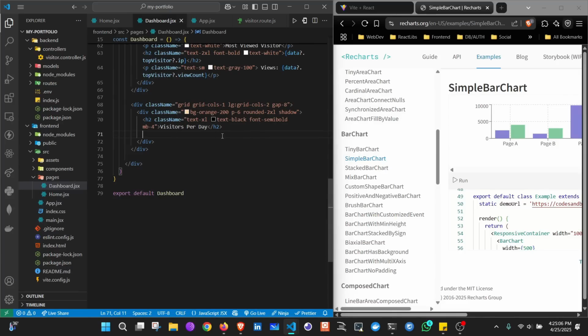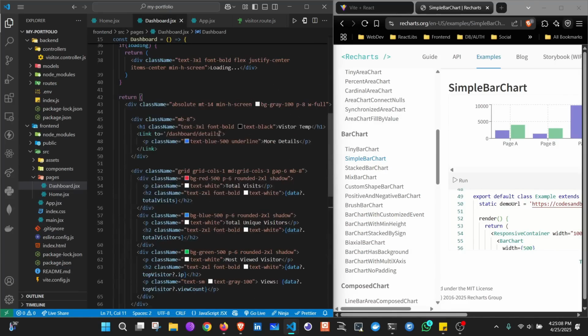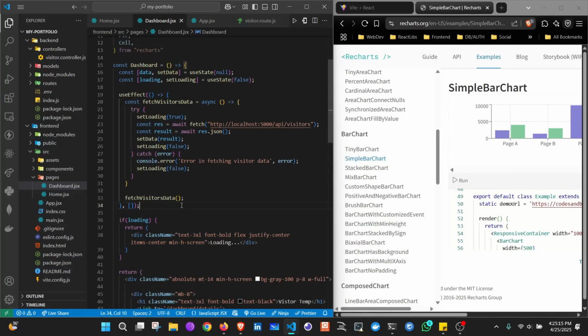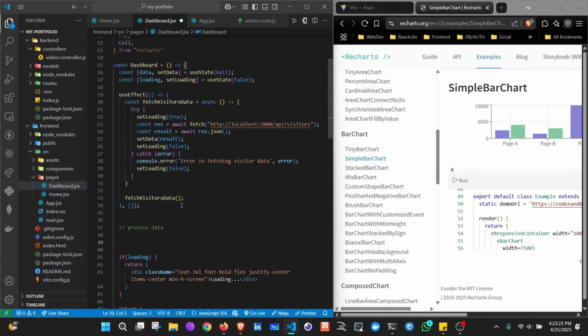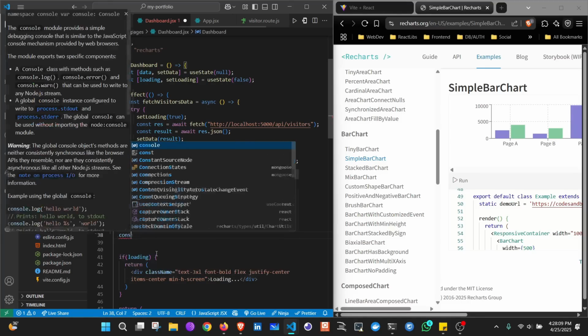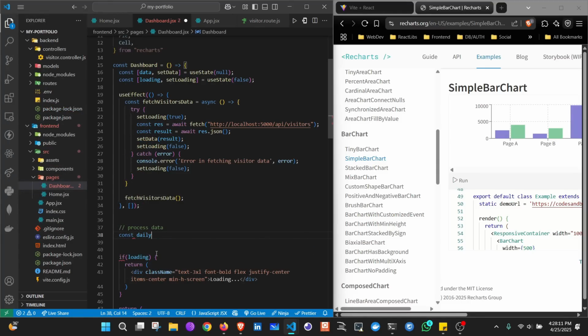Now we will create the bar chart here firstly. So for creating the bar chart, we will need the data. So firstly we have to process all the data to show them. So let us process the data. In the bar chart, in the x-axis there will be dates, and on the y-axis there will be the number of visits on that particular date. So now firstly create an empty object, name it dailyVisitors,